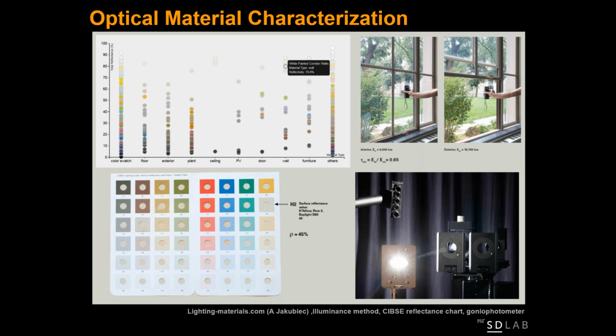So you take, for glazing, for example, as a first order of magnitude, an illuminance meter with and without the glazing in place under opaque sky conditions. That gives you the visual light transmittance of the material. Or there's this incredibly useful and effective tool, the SIPSI reflectance chart that you can order from SIPSI in the UK, which helps you, without any other tools, to estimate the diffuse reflective properties of surfaces